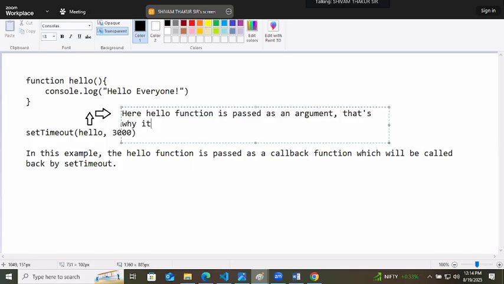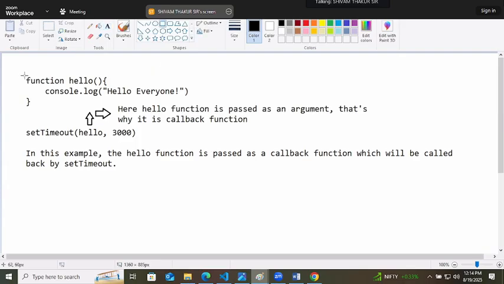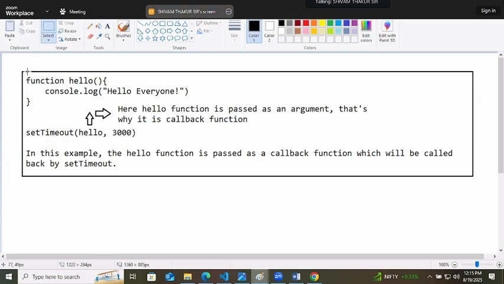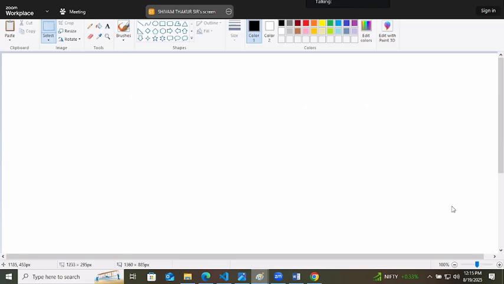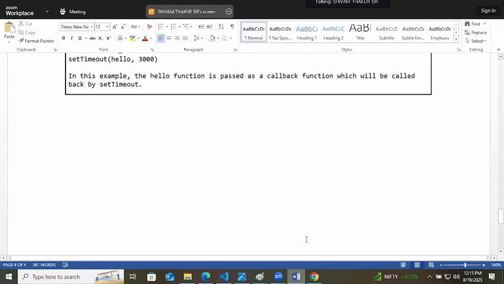That's why it is a callback function. Callback function, because it will be called later, not now. And who will call it? Wherever you are passing it. These are the callback functions.